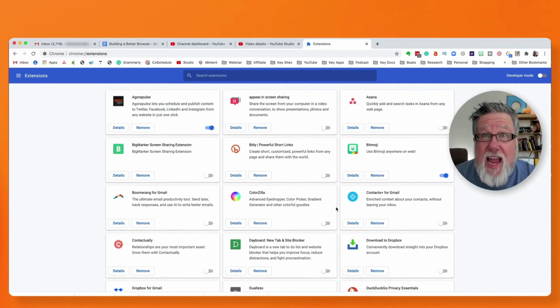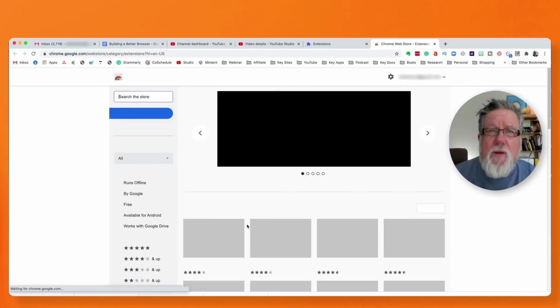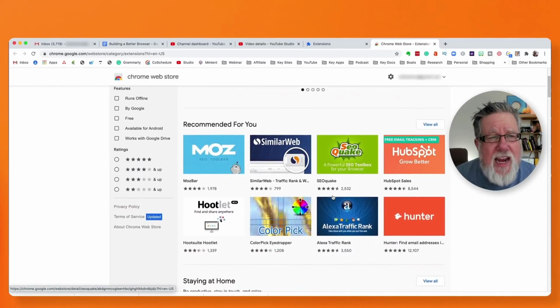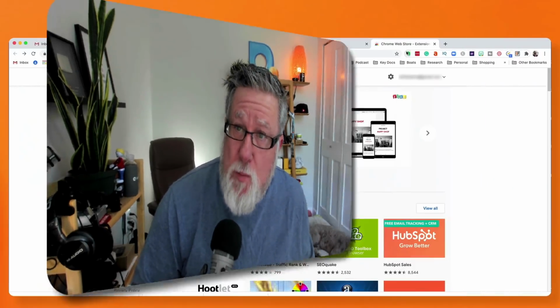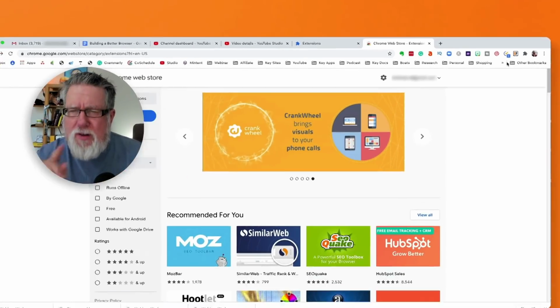Now, if I wanted to add something new that wasn't installed here already, I would simply go under the menu and I would go to the Chrome store. Apple has its own store, Safari has its own, Firefox has its own store, but I would go to one of these stores and search for the extension that I want to install. Once it's installed, usually it's automatically available in the browser and it will appear back here in the top menu bar or wherever the browser extensions appear in your web browser. So let me show you.